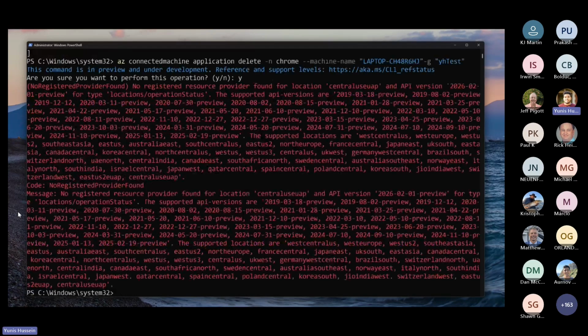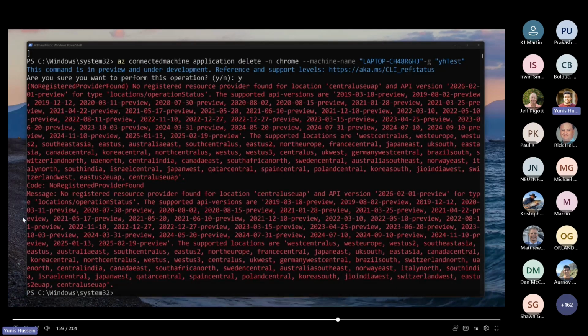And again, same deal as before with the red wall of text here. When it's in preview, you should not be seeing this. It's just because we're not in a preview just yet. So I go through explaining that a little bit in this demo, and then all we do now for the